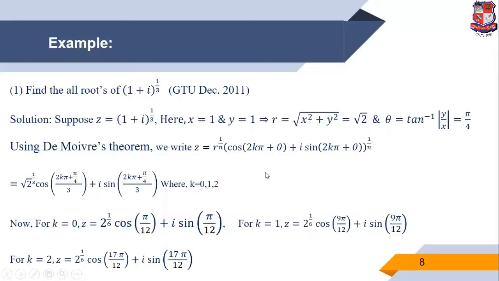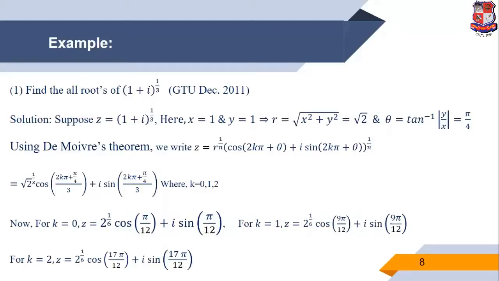So again, in any example given for finding the roots of a complex number, first we consider z equal to the given complex number. We find the value of x, we find the value of y, and then using the formula r is equal to the square root of x squared plus y squared, we find the modulus of the complex number, that means r. We find the value of theta,